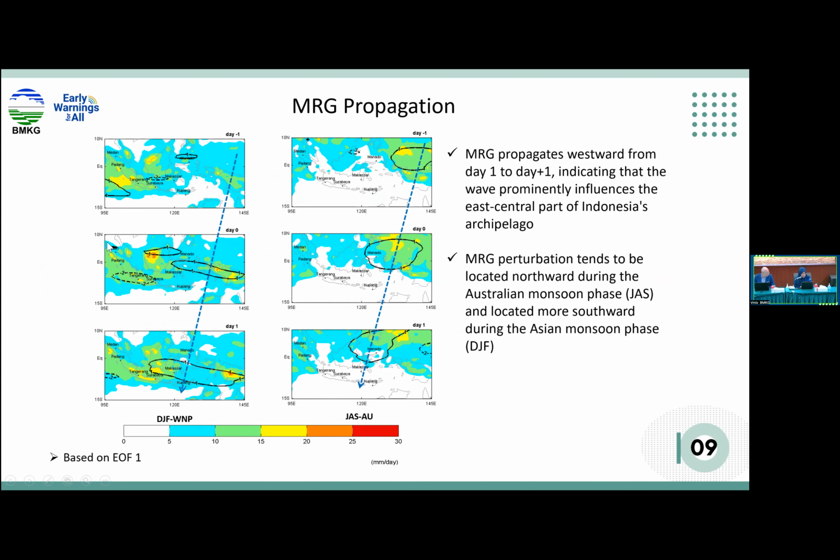And we can see here that in Kalimantan, the MCS, or mesoscale convective system, looks like it is triggered by the mixed Rossby-Gravity wave. The feature here also still coincides with the positive perturbation in the filtered mixed Rossby-Gravity wave. So I think, yeah, for Indonesia,